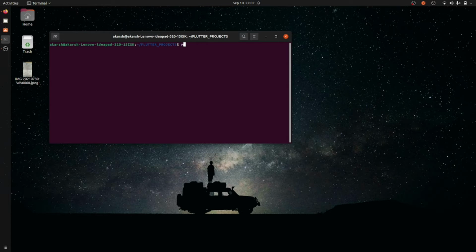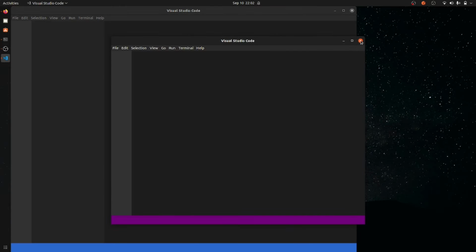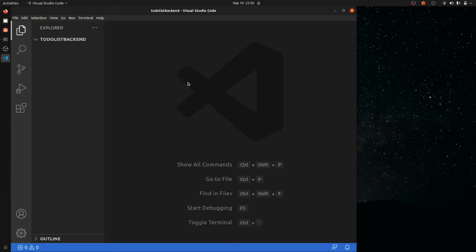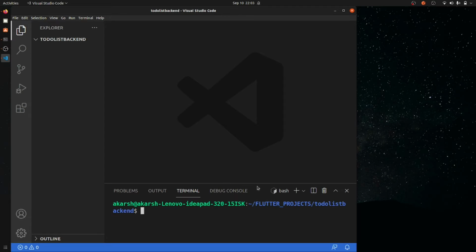So firstly I will create an application folder, to-do list backend. Okay, now to-do list backend, I will open my code editor, remove it, I don't want it. And now firstly what I will do, I will just